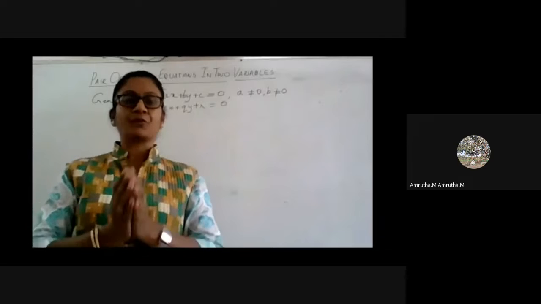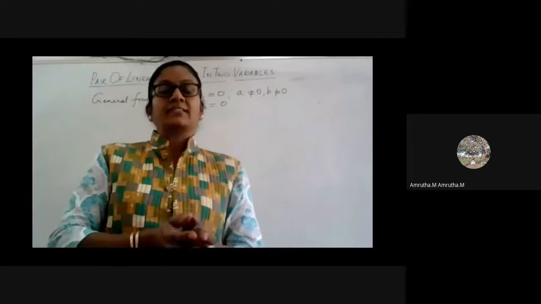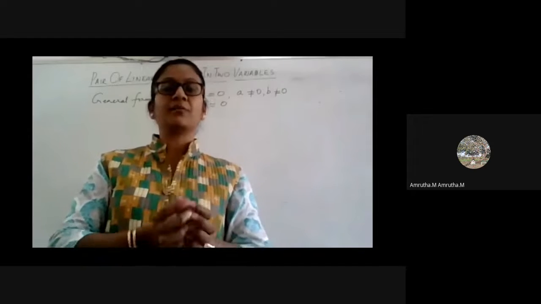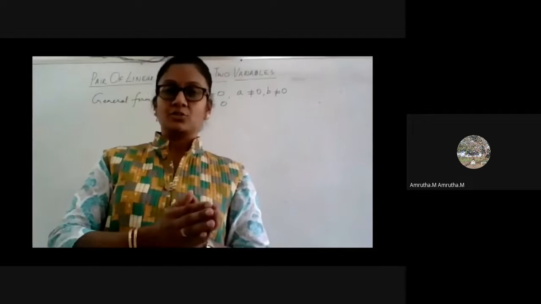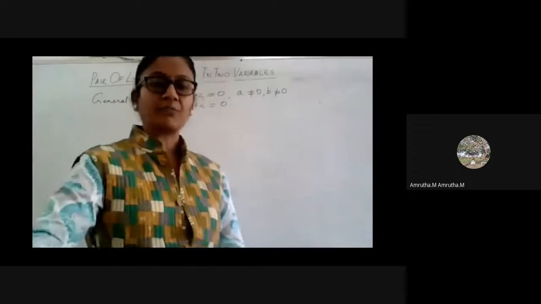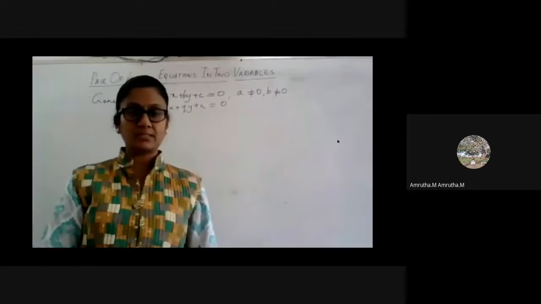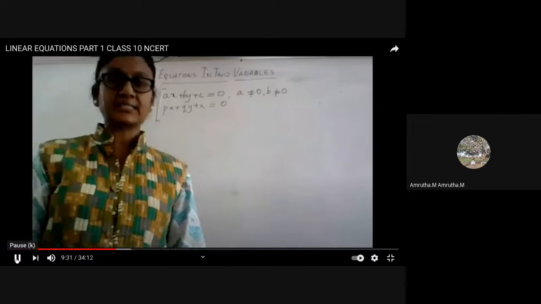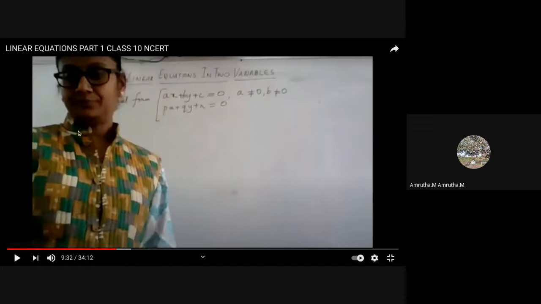First, try to frame the equation. When I say framing an equation, it means you have to give the algebraic form of the given situation. So this is exactly what we will take up from exercise 3.1. We will go to our exercise directly. This is on page number 44. Please take your textbooks to page number 44. We will be looking at exercise 3.1.